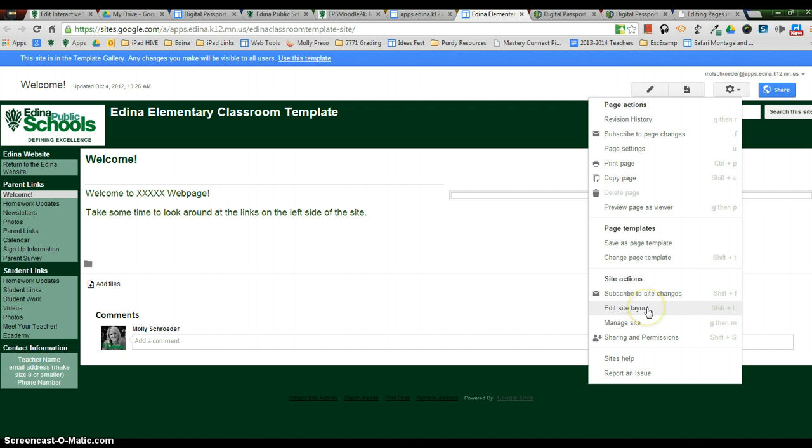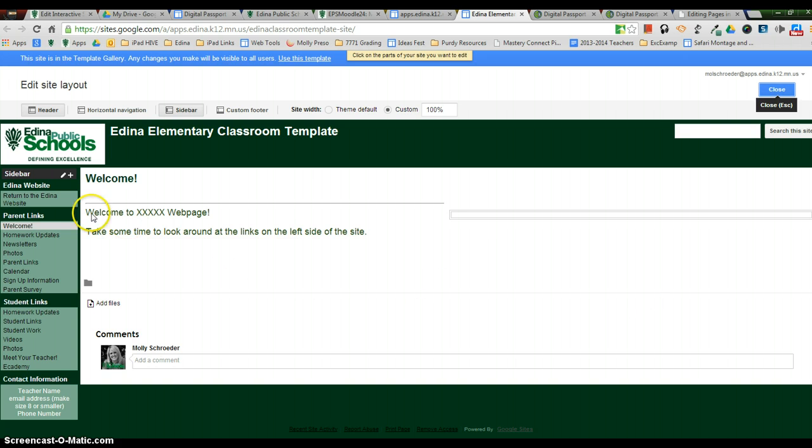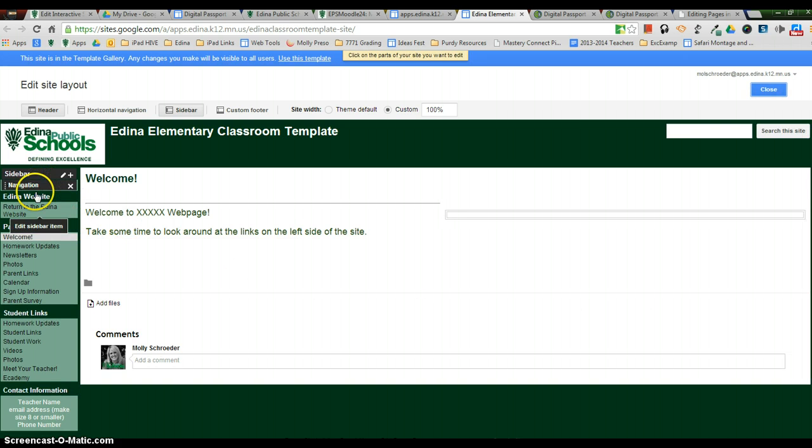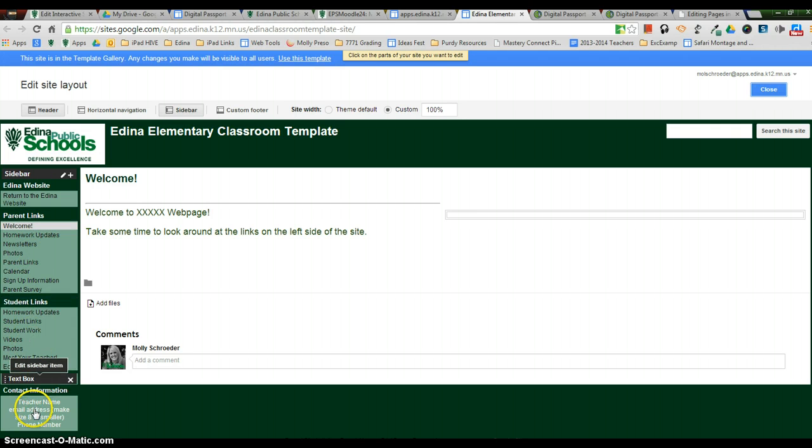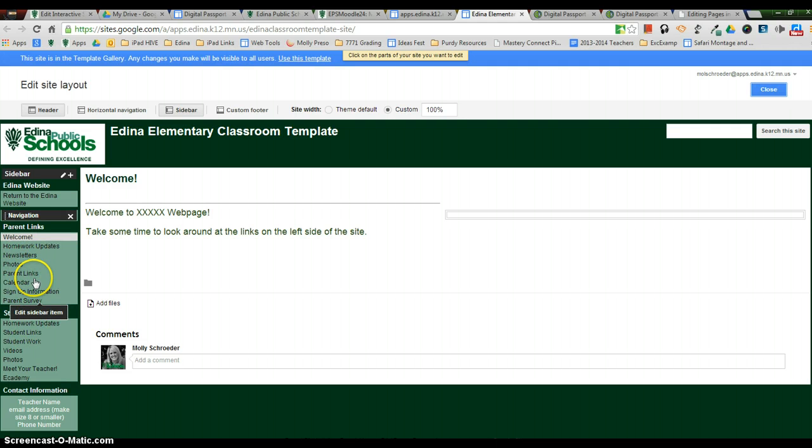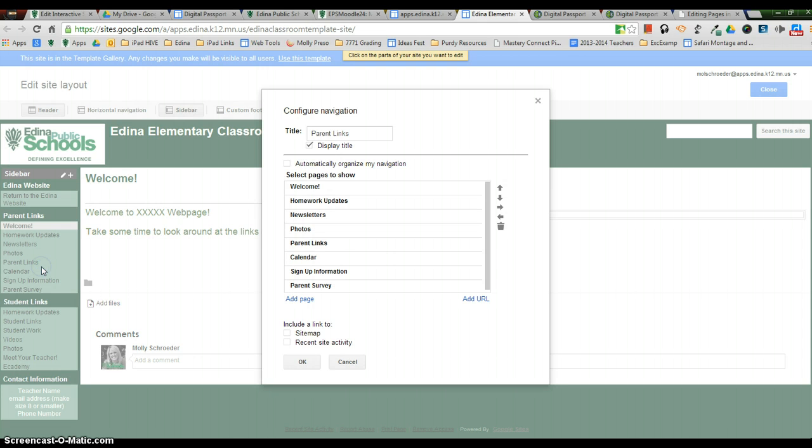So if I click on Edit Site Layout, now if I hover over any of the sidebar, you can see how a little X comes up for the navigation or Edit Sidebar Item. So if I just hover over any of these light green boxes and click on them, that's how I can edit them. So if I had this Google Site template and I didn't want some of these things on the sidebar, I can click on the sidebar item, and then I can go in and say, oh, photos, that's not